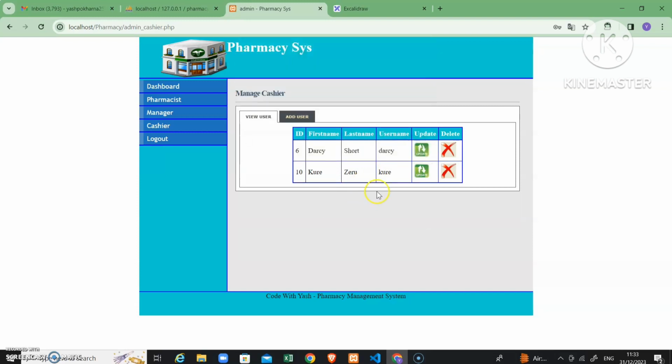So a new user is added. Now we will log out from the admin panel. All these things are handled by the admin panel. He can also delete or update the user.